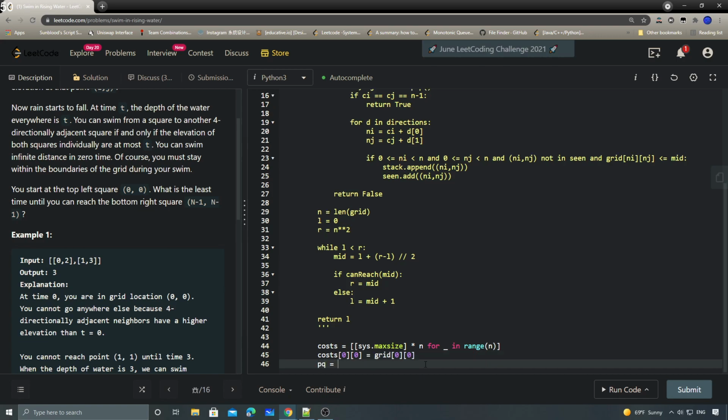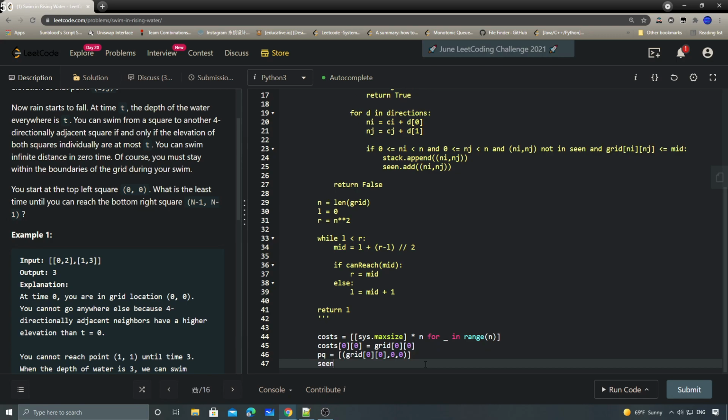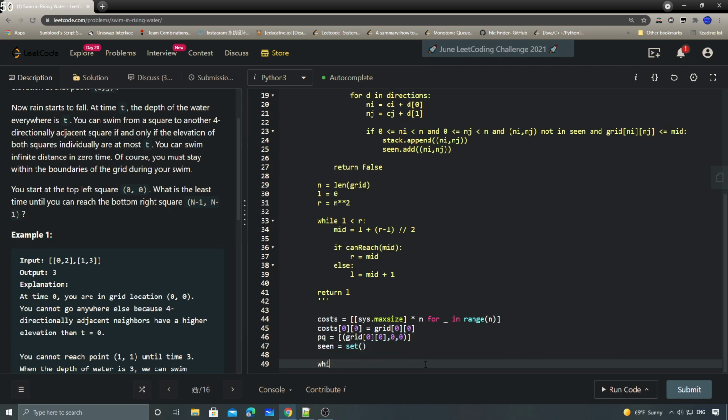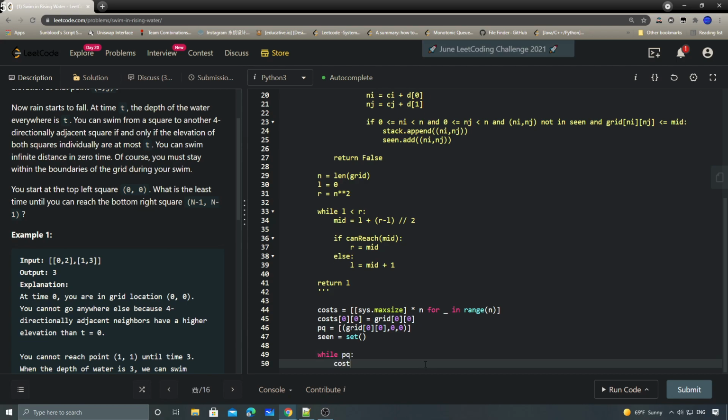Okay, and then the priority queue, right? For the Dijkstra, we have the grid of 0, 0, and then the coordinates, right, along with it. Then we also need a seen set, right? And then the while priority queue thing, right? Then the cost, current i, current j,